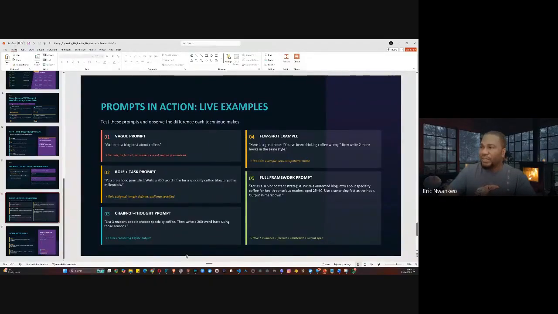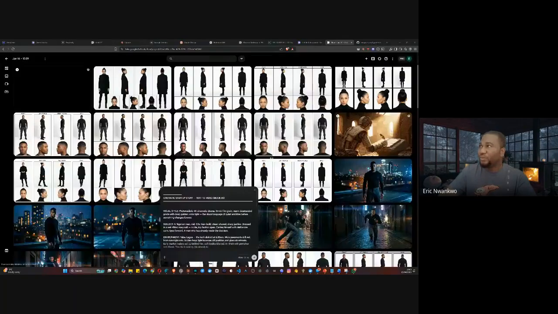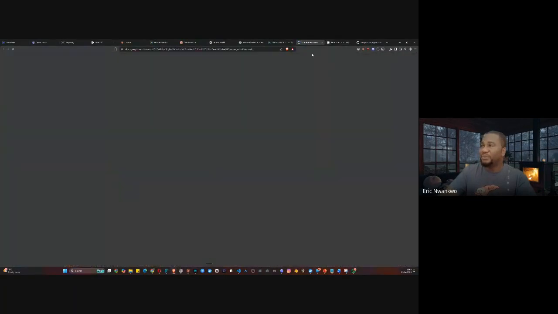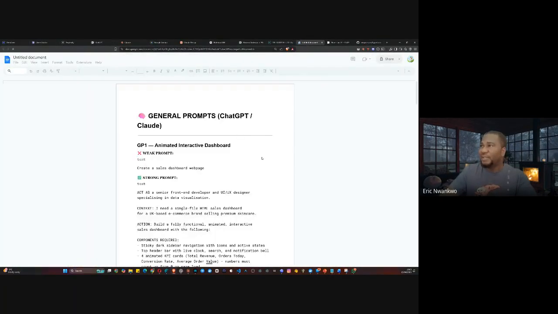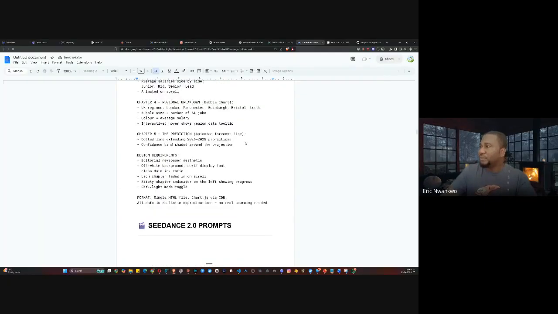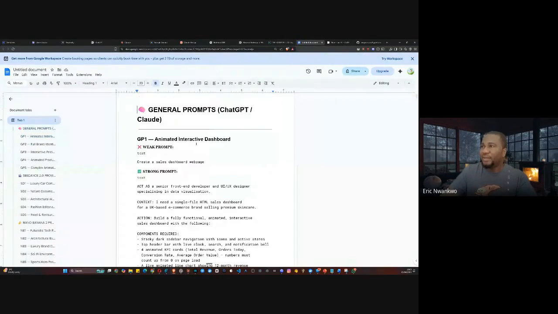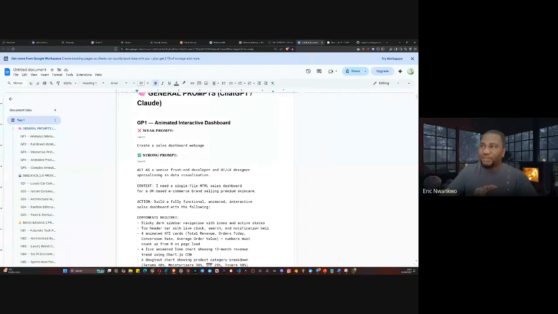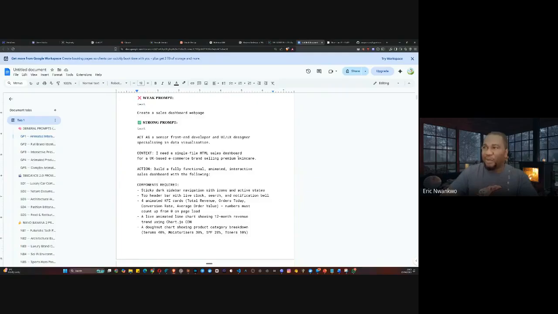I'll just quickly run through one or two examples. Let me just go back to the top. So for instance, I want to generate an interactive dashboard. You can just give it a prompt and say, create a sales dashboard web page for me, and you'll see what you get out from the AI. But if you give it